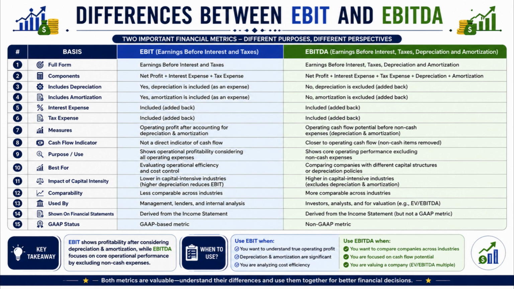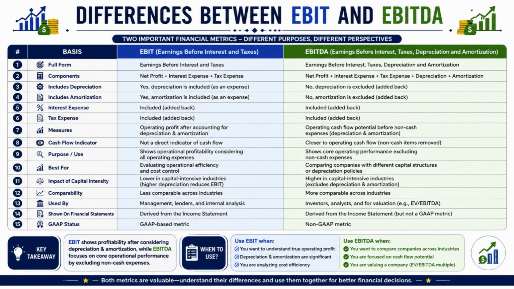EBIT is generally lower in capital-intensive industries because depreciation reduces earnings, whereas EBITDA remains higher because depreciation and amortization are excluded. Number 12. EBIT can vary significantly due to different depreciation policies, whereas EBITDA provides greater comparability among companies. Number 13. EBIT is commonly used by management, lenders, and internal analysts, whereas EBITDA is widely used by investors and